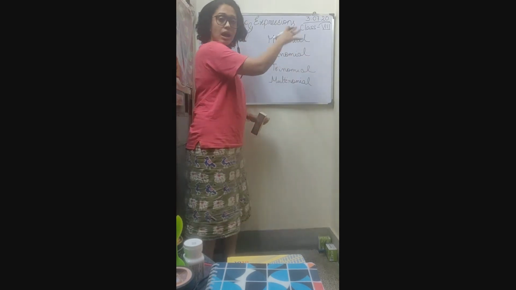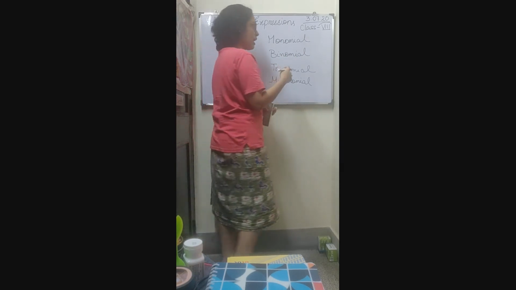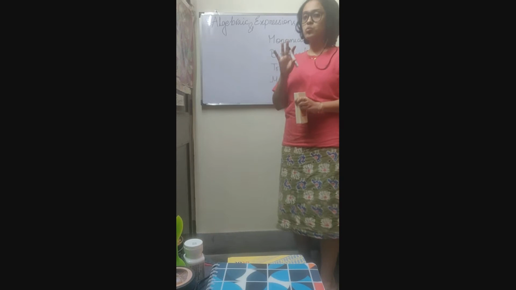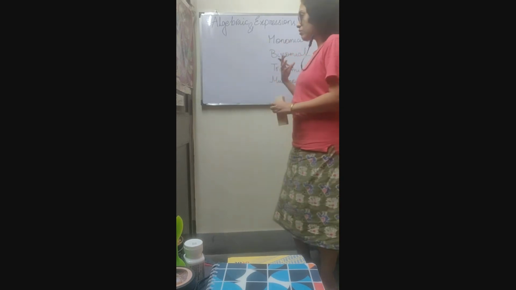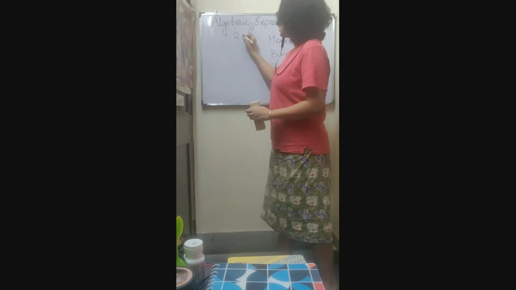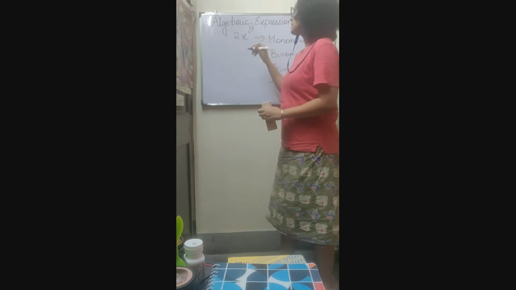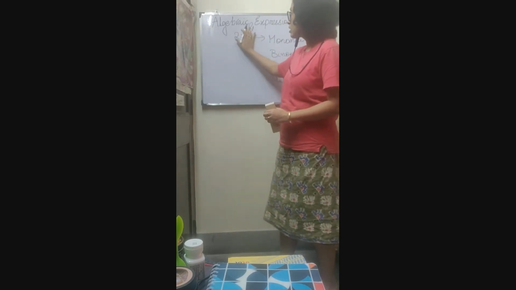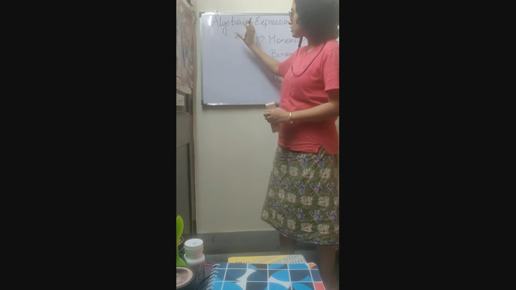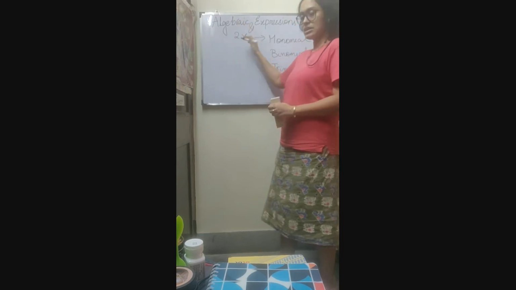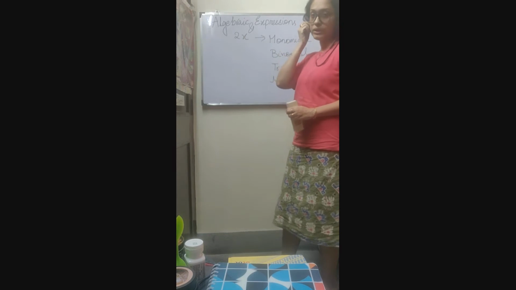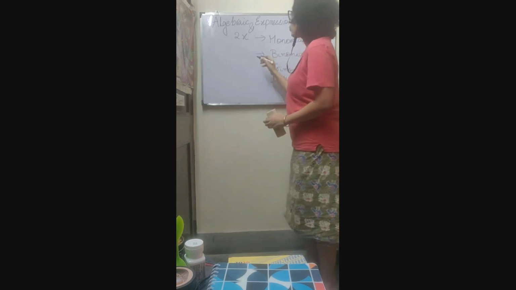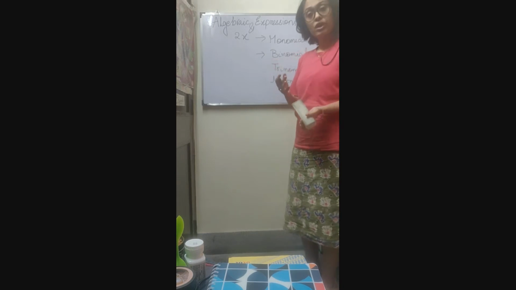Now, what are these actually? The algebraic expression which will have only one algebraic term, for example, 2x, is a monomial. There is only one group or collection of constant and variable, so it's a monomial. Then, what is a binomial? If there are